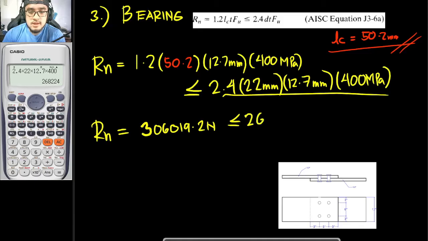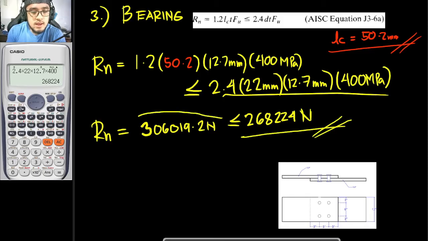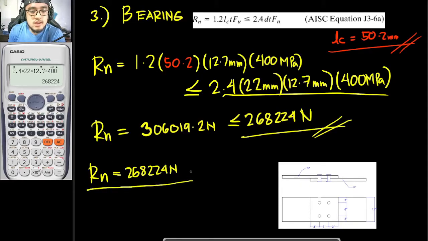So, 268,224 newtons. And as you can see here, guys, this value right here is less than this value right here. So, meaning this is our governing value. So, our Rn is now equal to 268,224 newtons. But take note, guys, that this value right here is only true for